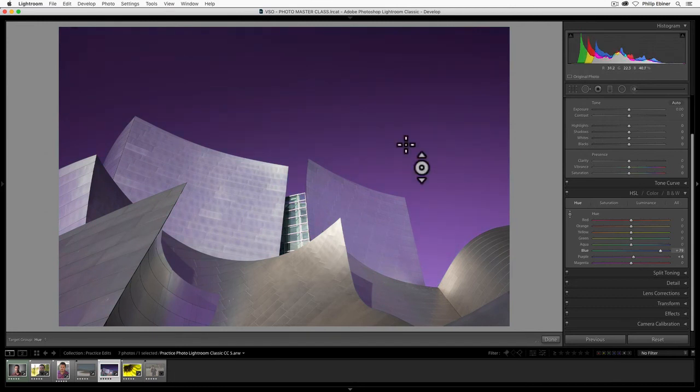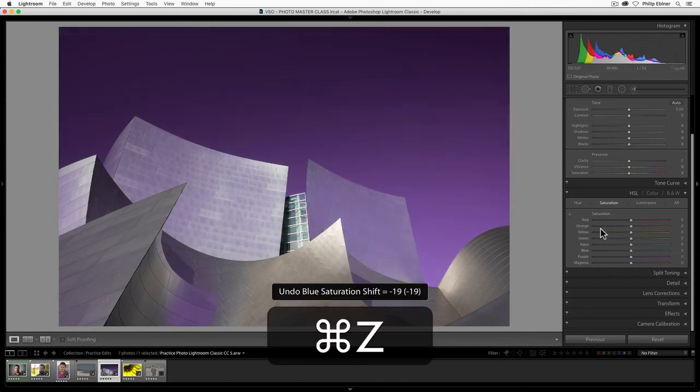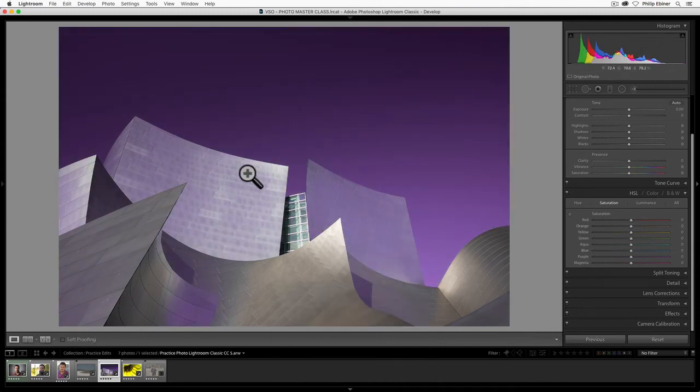But I think it doesn't look natural that the sky is pink, but it looks natural that the building is pink if the sky is pink as well. If we don't want it to be pink, we can try to go to saturation and go in here. Nah, that's going to get all the pink in the sky as well. This one's going to be harder. You could create masks and do different things, which is a little bit more advanced, and we'll be looking at some of those tools in a second. But for now, that's the HSL panel.